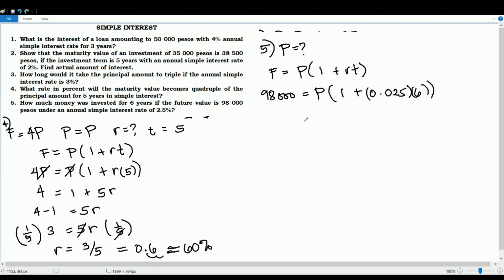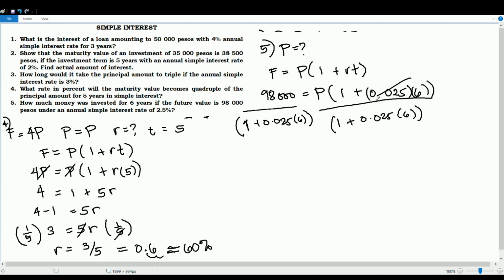Well, in this case, we have to isolate the variable P so that we can solve it. That procedure is the same as multiplying by the reciprocal of the number beside P. So in this case, I can multiply both sides of the equation by 1 over 1 plus 0.025 times 6. Or in another way, we can divide both sides of the equation by 1 plus 0.025 times 6. So this will be cancelled out. So P is equal to 98,000